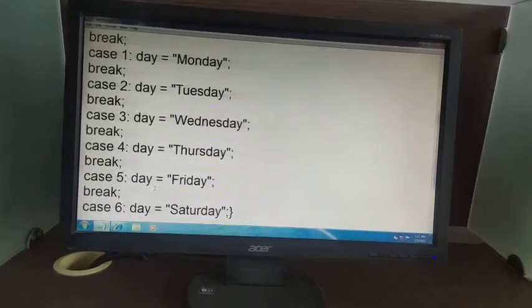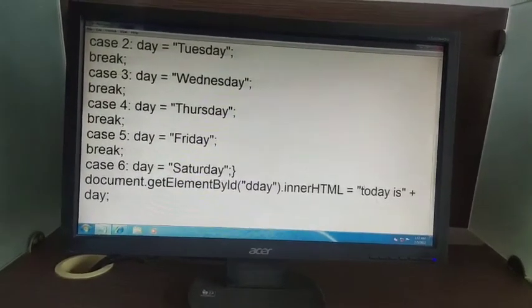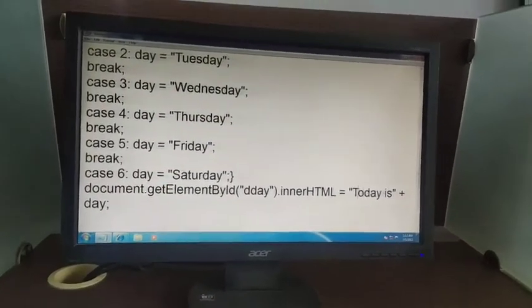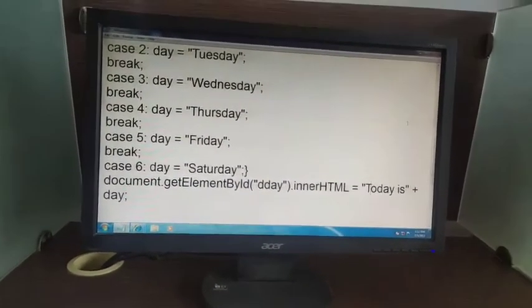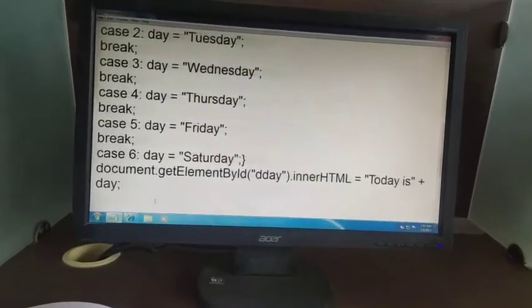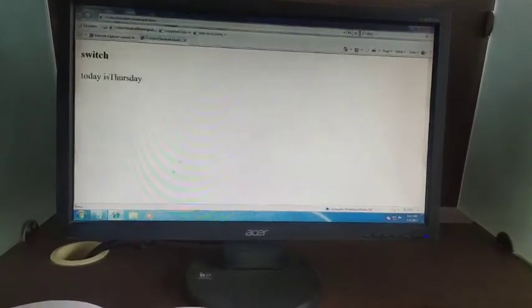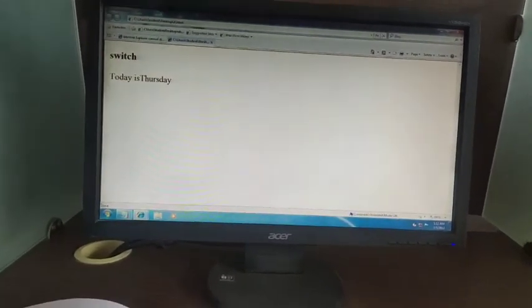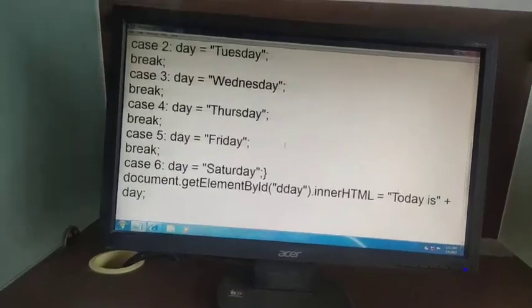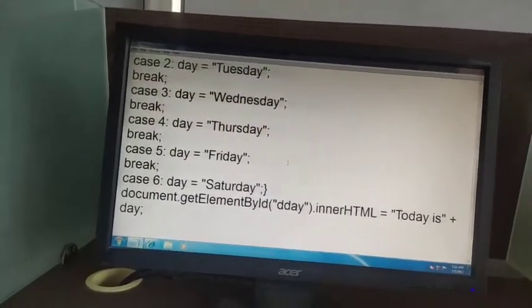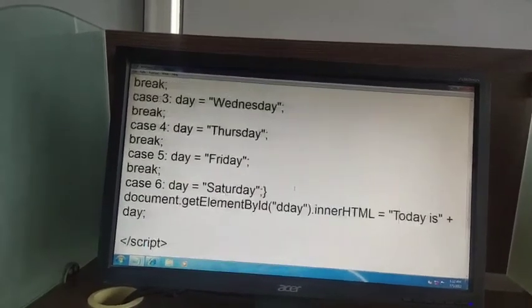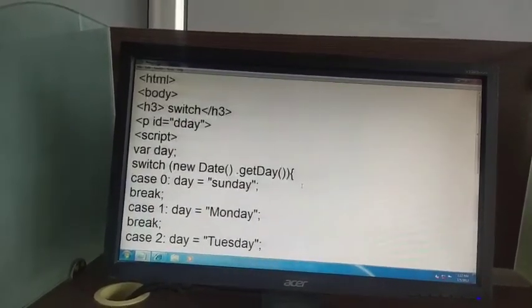For example, in the statement today, the T is small, I have written in brackets. You can write capital also. Okay, now save it and refresh that web page. That is the example of switch case. Remember, whichever date you run that particular switch case code on, it will show you the day of that date.